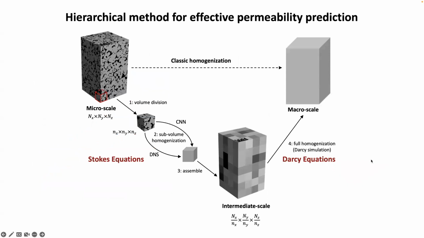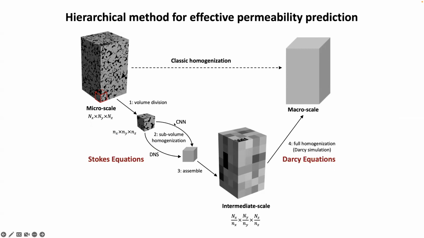The hierarchical approach consists of 4 steps. At first, we divide the large binary segmented digital rock at the macro scale into a set of subvolumes. Then we rapidly predict the permeability of each subvolume using a convolutional neural network